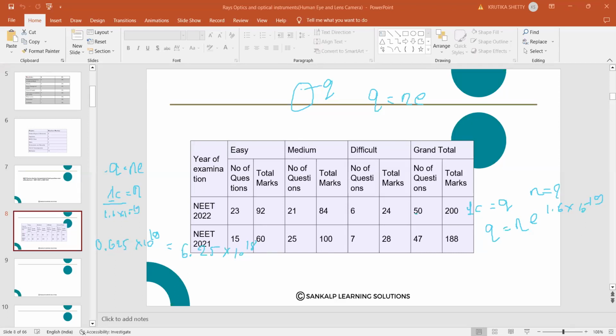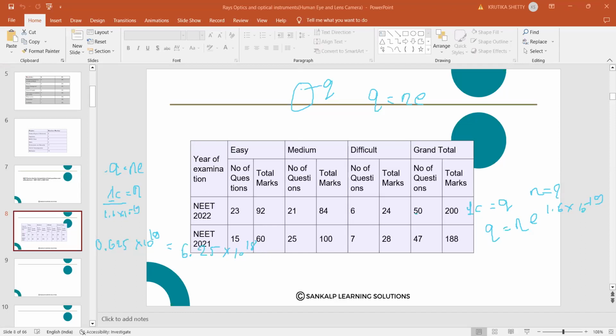Understood? Similarly, if it is asked for 2 coulomb, you can directly multiply 6.25 into 10 raised to 18. So this is the explanation of the 3 basic properties of the charge: charge is additive in nature, charge is quantized, and charge is conserved. I hope these 2 slides are clear to you. So what have we discussed? We have discussed what is meant by charge, the intrinsic property which exhibits electric and magnetic effects. Then we discussed the properties of the charge. Then conductors and insulators we have discussed.